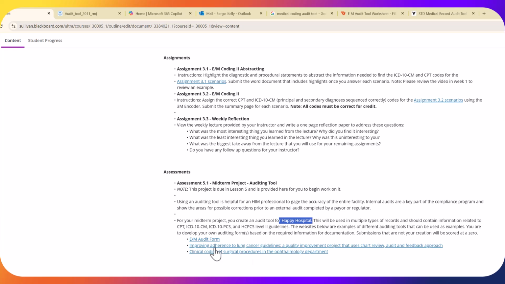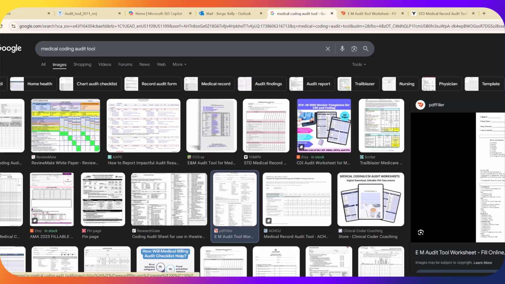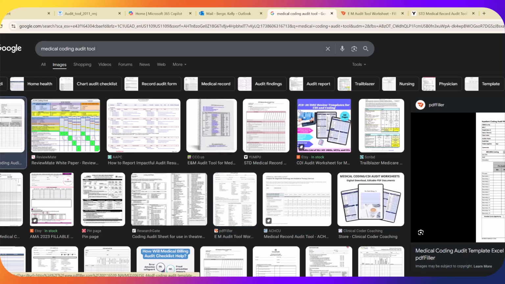These links are telling you about places you can go to research, but your form should be in your own format. You are developing a form all on your own, but you are utilizing information that you find when you are researching. So, some of the things that you may find,